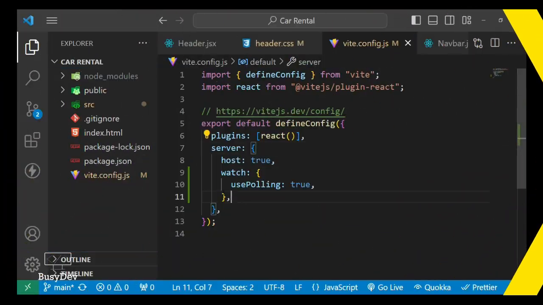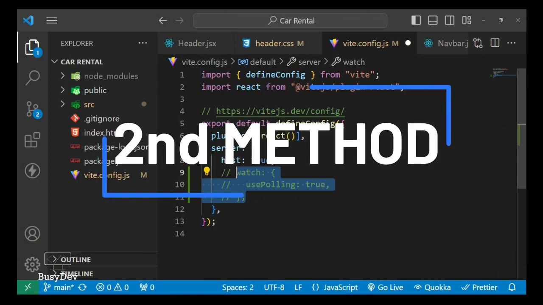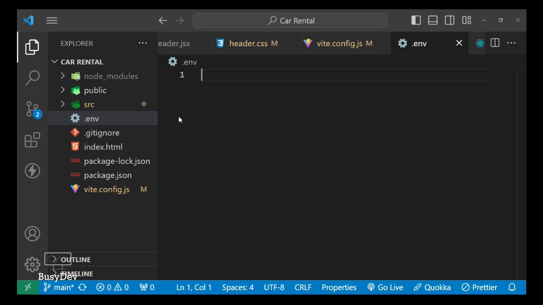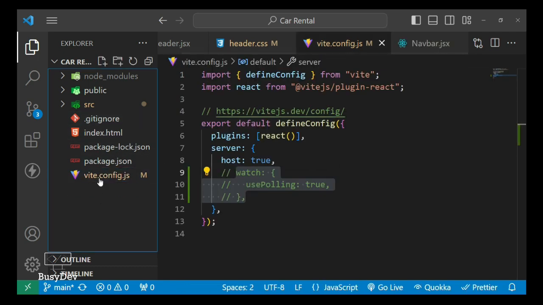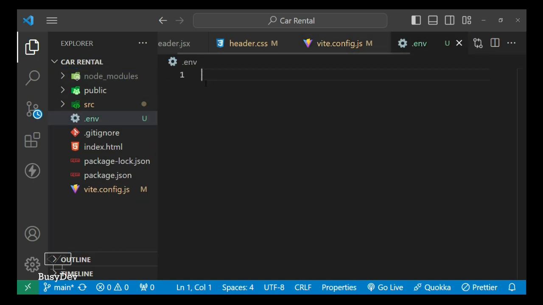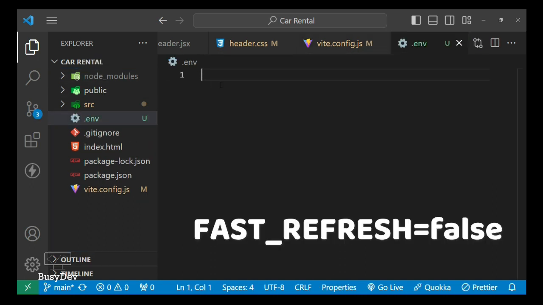All right, so without wasting much time, let's move on to the second approach. You create a .env file in your root directory, and in your .env file, you're going to set FAST_REFRESH. You just copy the code that you see here. You're going to set your fast refresh